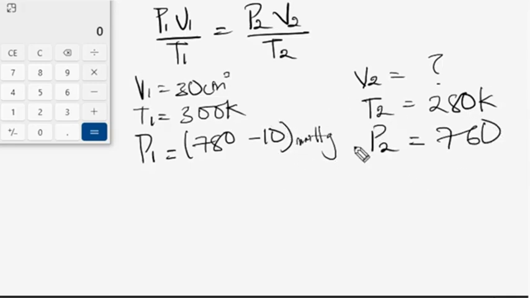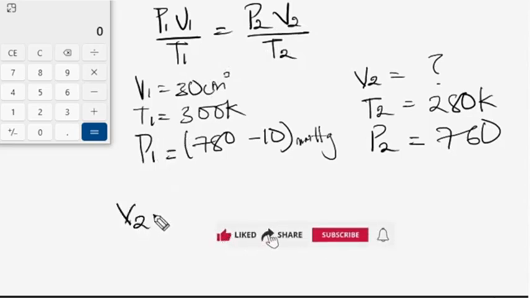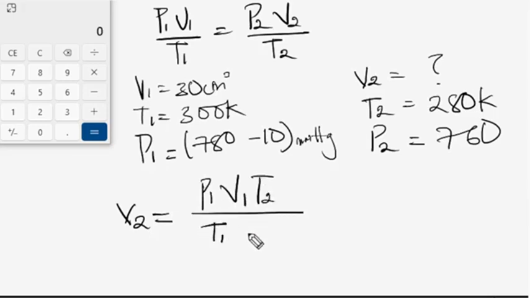So we have all our parameters set now. The next thing is to solve this by making V2 the subject of this equation. So V2 here is going to be P1 V1 T2 over T1 P2. So guys, if you're not yet good with making any of the variables the subject of the equation,